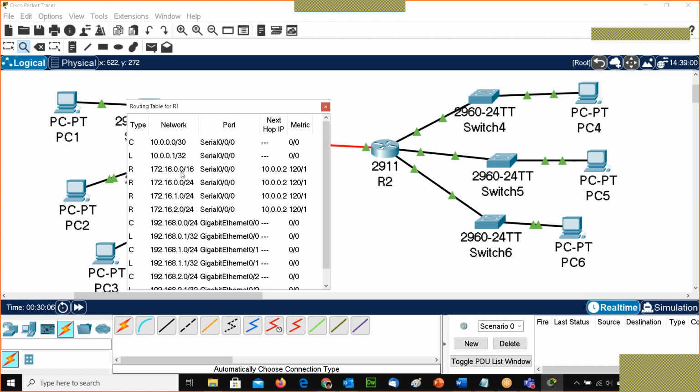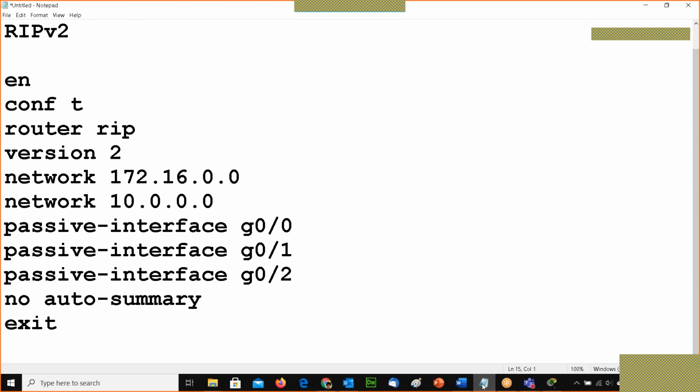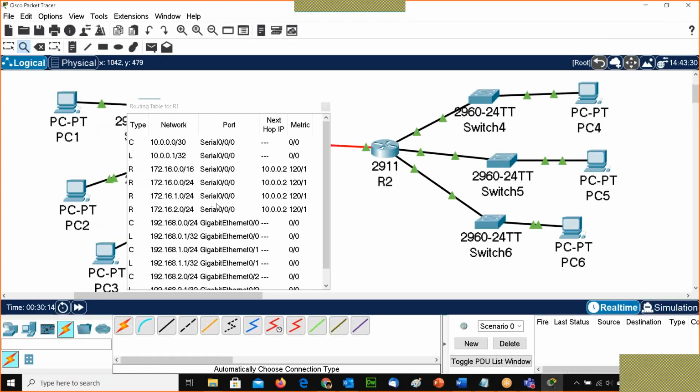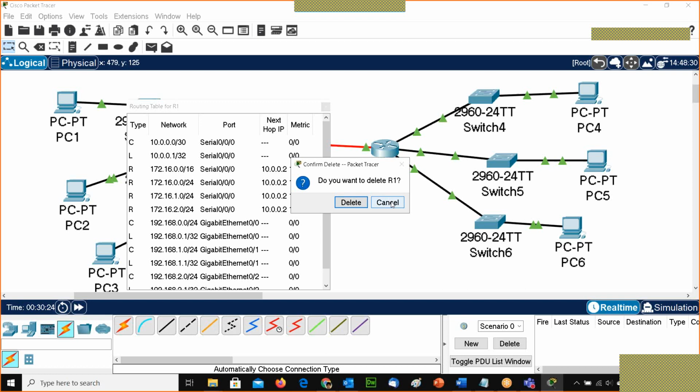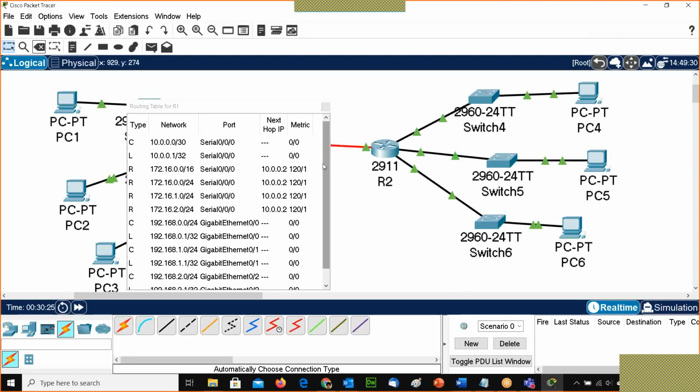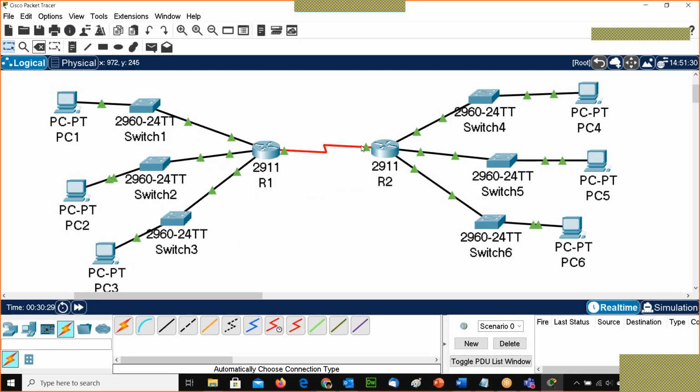There is a replication. This should be removed because I have already written no auto-summary, so this auto-summary route should be removed. Anyway, now let me ping from PC1 to PC4. Similarly, in both the routers, all networks are visible.